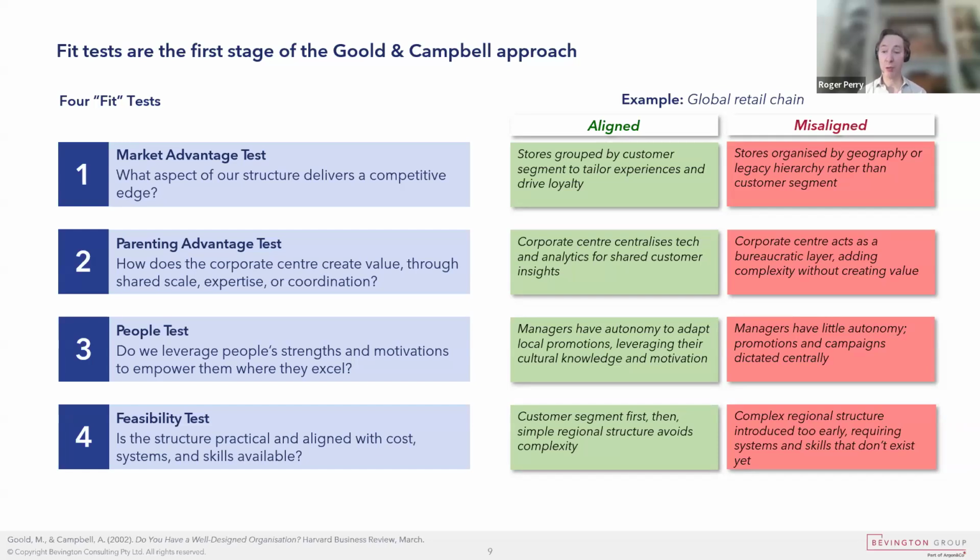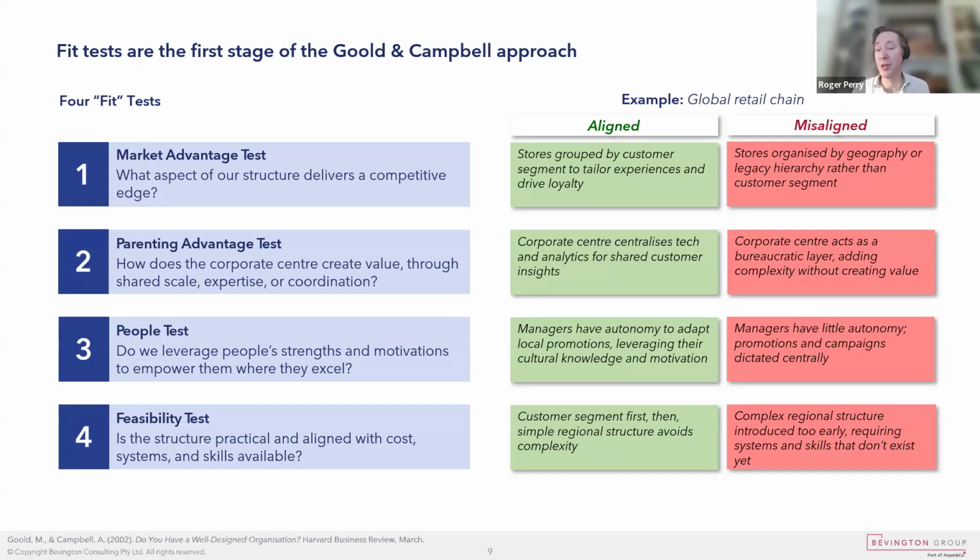So your structure, your processes, your org design really should match the market that you're in and contribute to your market advantage. So this is a little bit more meat on the bone for the old structure follows strategy test. And it's actually a bit better because often you can make any structure fit any strategy if you're creative enough in your description. So, in the example here, we've got a global retail chain, but it could be